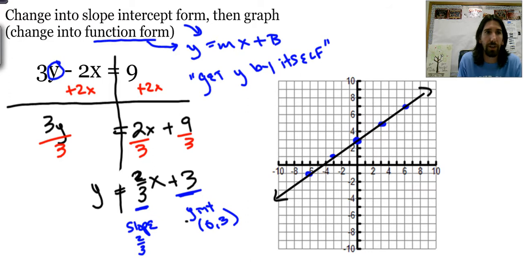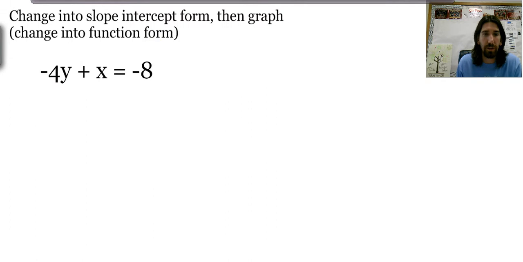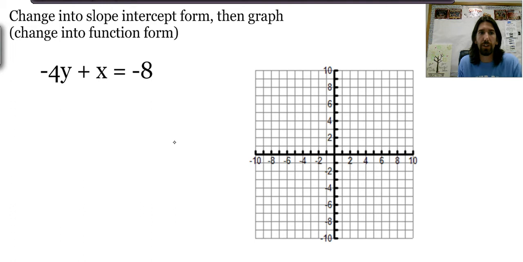Alright, let's look at our next one. We've got y equals, or no, here, same thing. Change into slope-intercept form or function form, and then graph it. So we've got negative 4y plus x equals negative 8. Again, slope-intercept form or function form is y equals mx plus b, or y is by